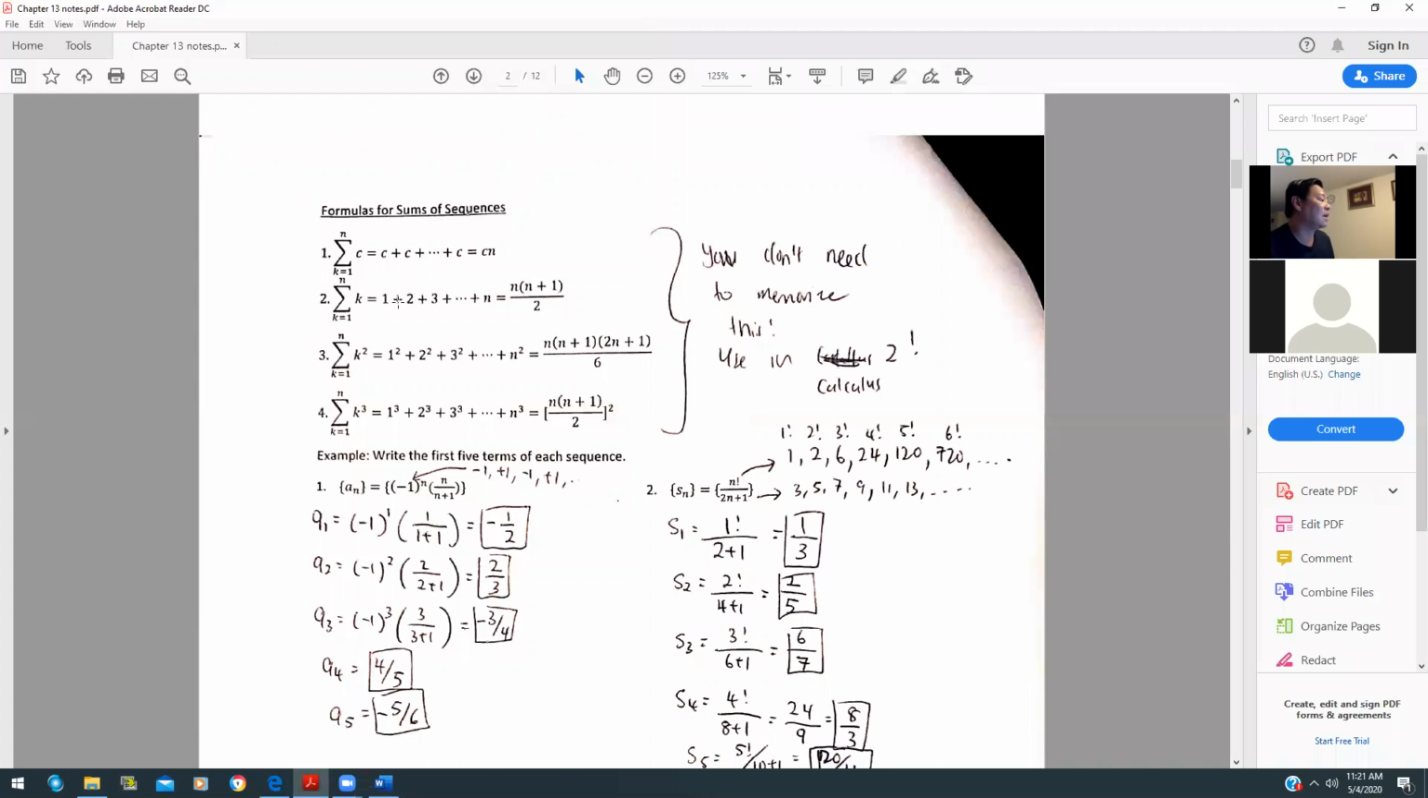So this is called sequence. If you want to add 1 plus 2 plus 3 plus 4 plus 5 all the way to n, the formula is n times n plus 1 over 2, where n in this case is how many terms you want to add. If you have a square, 1 square plus 2 square plus 3 square plus 4 square,